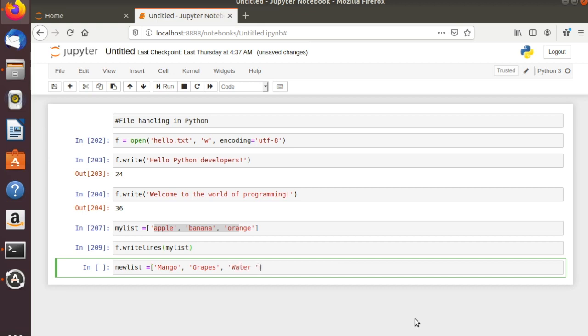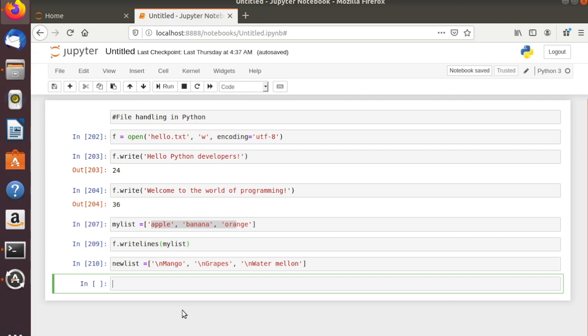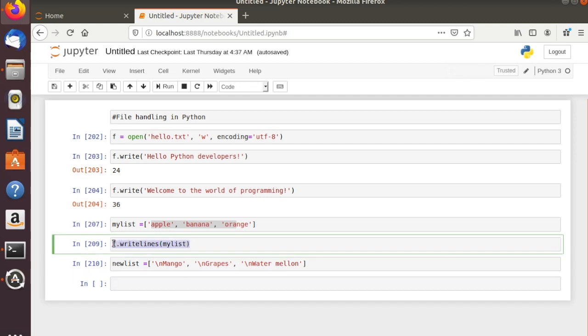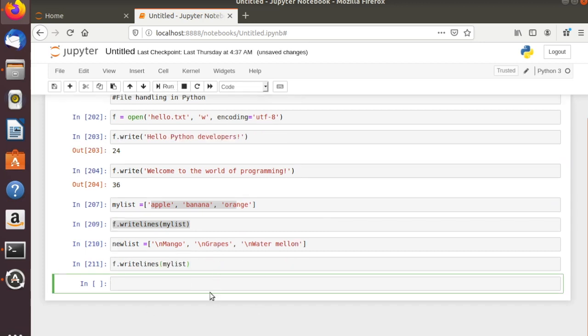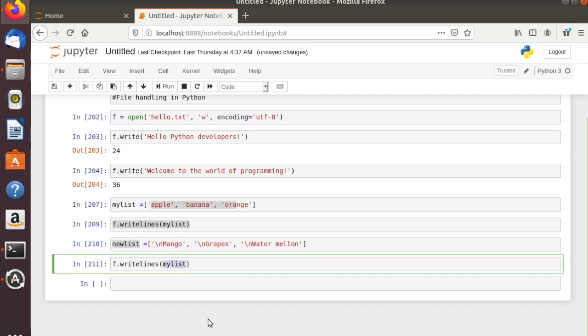now let us use this \n. Let us use \n everywhere. Run it. Let us write the same thing. Okay, run it. Oh, no way. This will print two, no matter, new list. Okay,